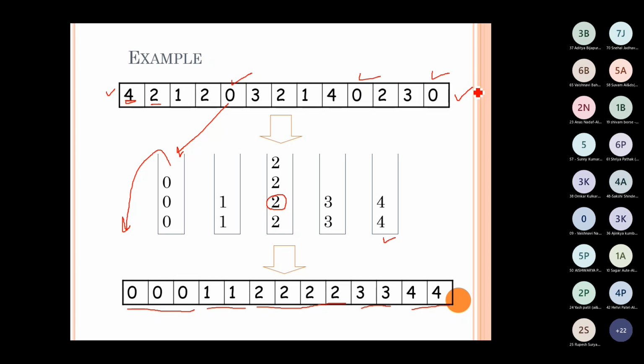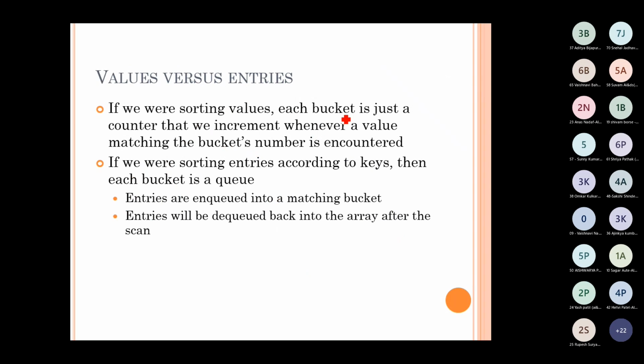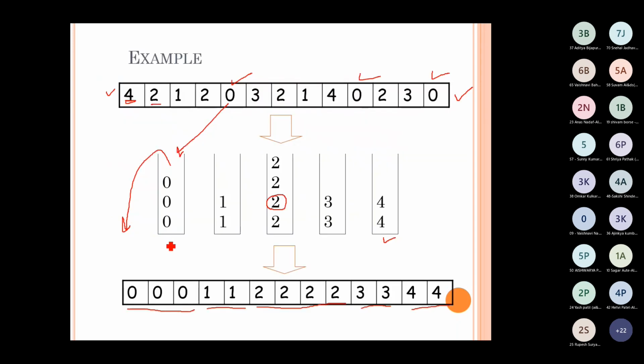Okay, so with respect to programming, these buckets are just counters, and the index of the bucket will be considered as the value or element. If the bucket index is 0, we consider that as the value 0; this bucket is 1, this is the value 1; this bucket is 2. So instead of putting 2 four times, what if I refer to this index like we did in the first example and put 4 here, so as to show that 2 occurred 4 times.